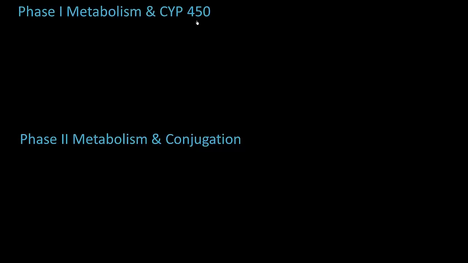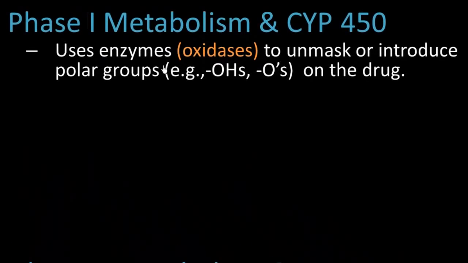And so what enzymes is phase 1 metabolism using? What class of enzymes? The class of enzymes we use are called oxidases. And what do these oxidases do? Well, they unmask or introduce polar groups, examples being O's and OH's, hence the term oxidases. And they unmask these polar groups on the drug. And what we're going to do in about 1 minute is actually draw out this reaction